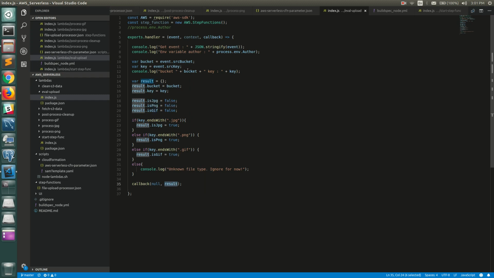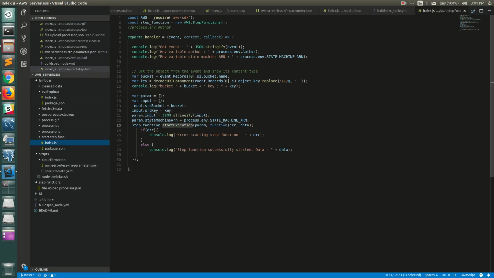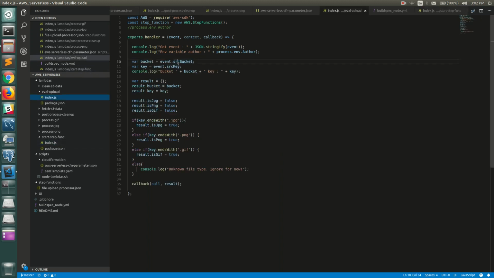Now you should note that the source bucket and source key is something that is transferred to us by the start step function lambda. If you go back to the start step function lambda, you can see that it says param.input as input, and input.source bucket is bucket, and input.source key is key. This is passed down to the step function when it is invoked, and that's what we get in eval upload. So the source bucket and source key are from the same event that we just invoked the step function from, and all of this is set and passed on to the next